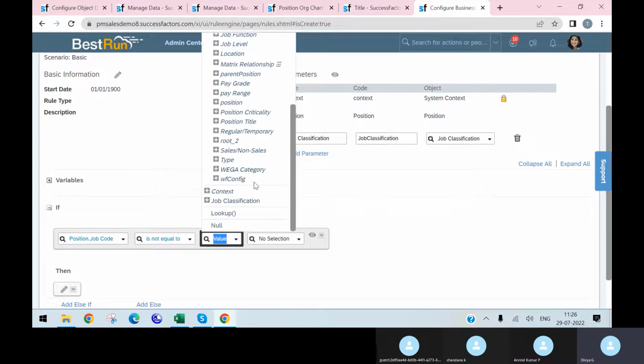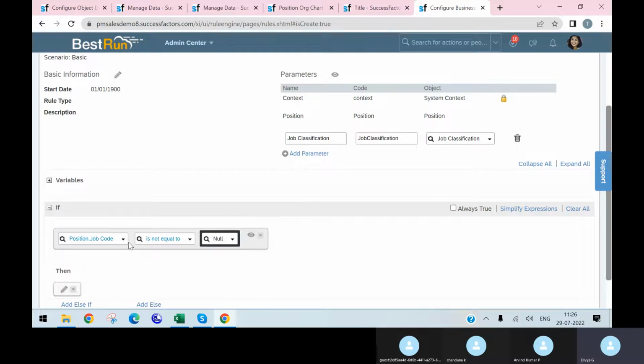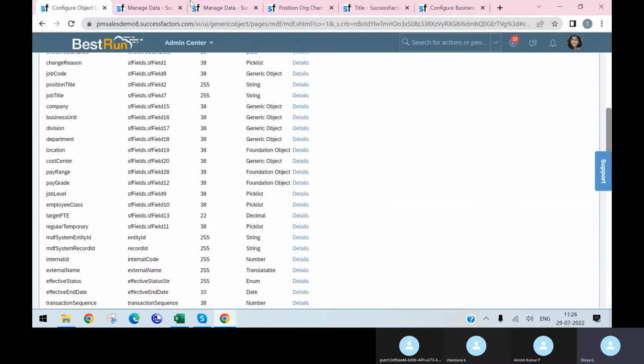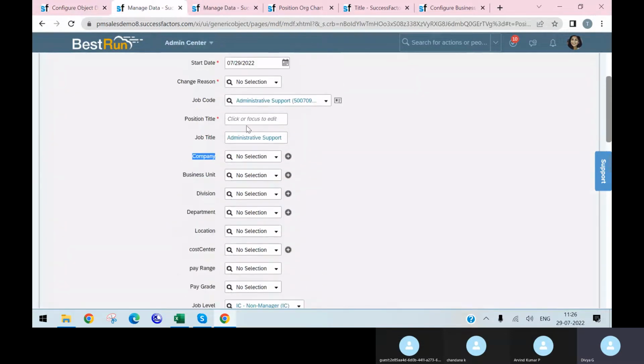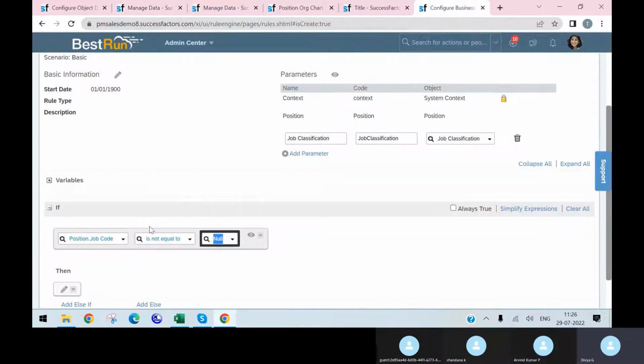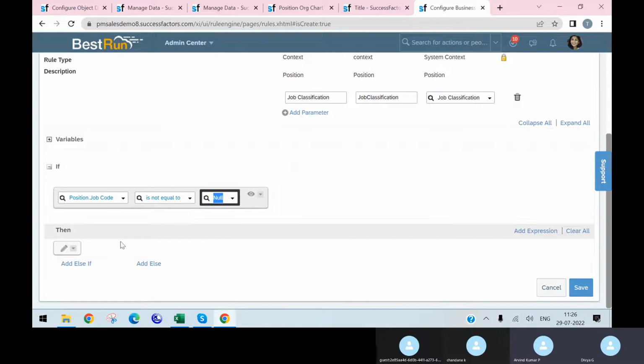then here I am selecting null, because if job position code is not equal to null, for example, if in job code I am entering anything, it should trigger, right? So it is not equal to null if it is not equal to blank. Okay, it is not equal to null, then set